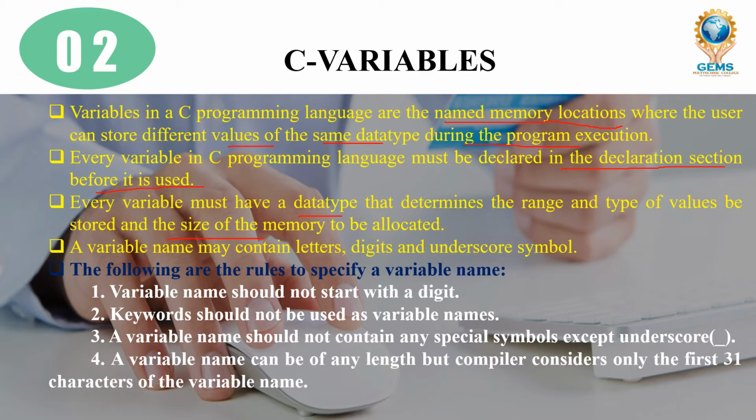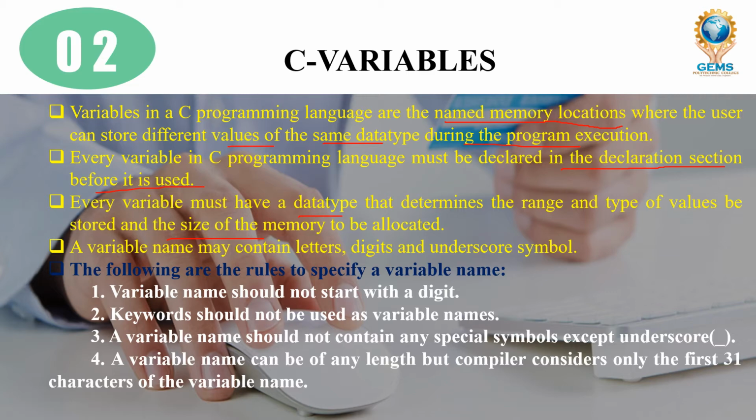So if you define the data type, it determines the range and the type of value, and that size is allocated for that type of data type. That means the memory allocation size depends on the data type. If we want to declare any variable in the C programming language, before that we have to declare its data type, and the data type determines its range and how its value is stored in memory.